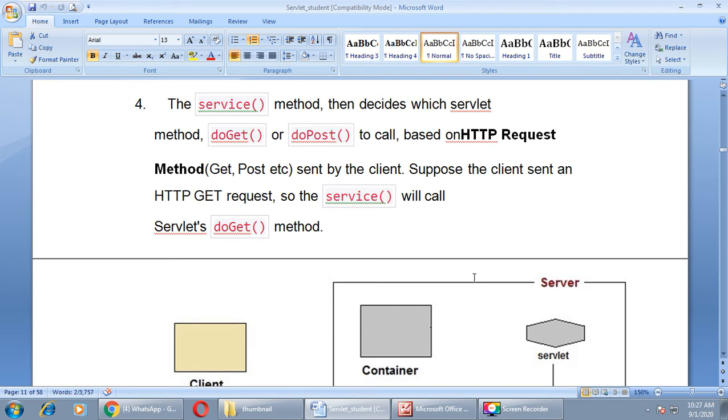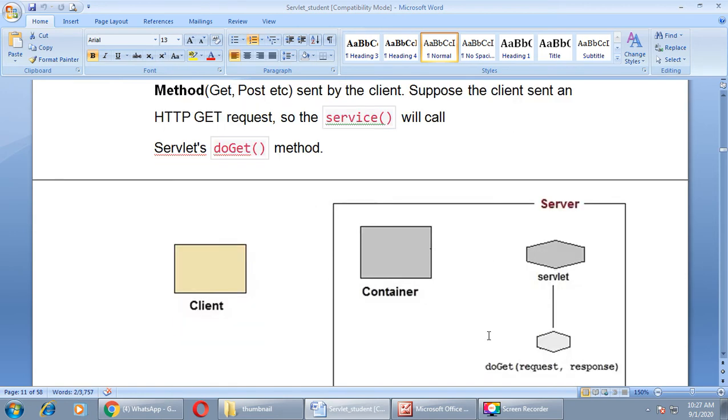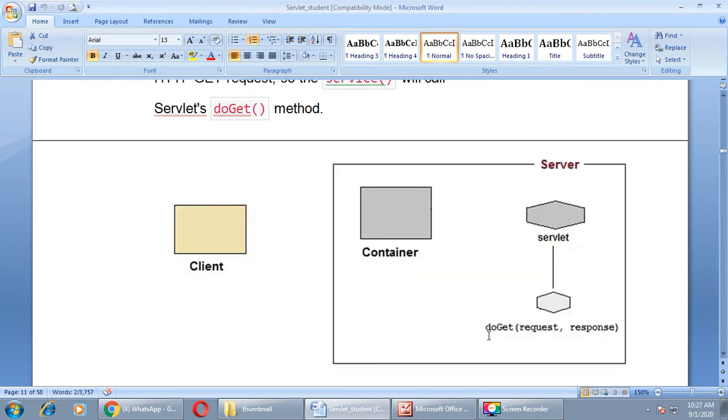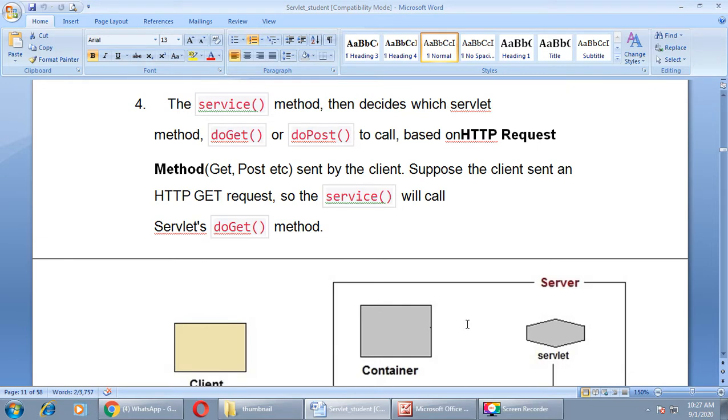And if the client sent an HTTP POST request, the service will call the servlet's doPost method. Here you can see the pictorial form of the fourth step, where the doGet method or doPost method will be chosen by the container.